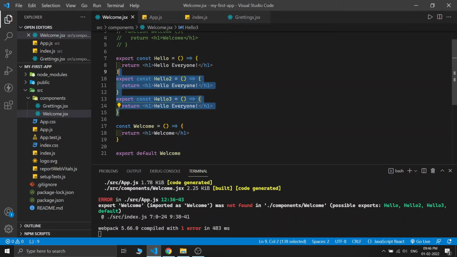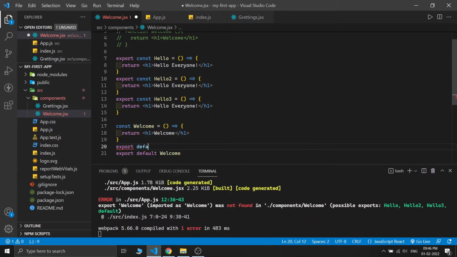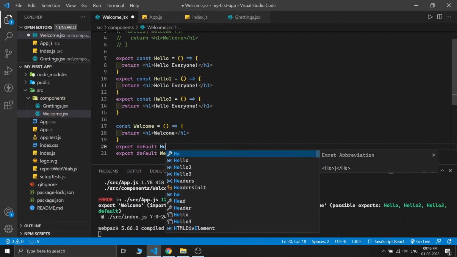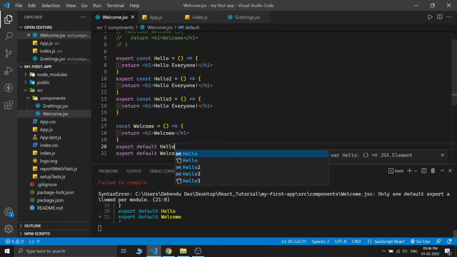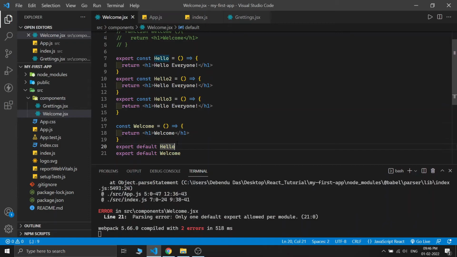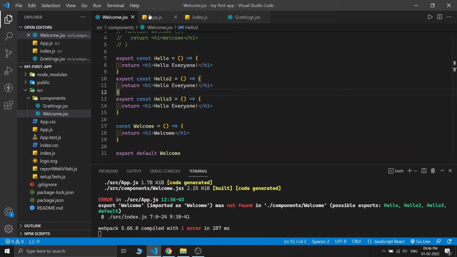And see, I can use named exports as many times as I want, but I can't use export default more than one time. And also if I write export default for another component, just like Hello, and save this, it will show an error too. So we can't export default more than one component, but we can export more than one component with the named, conventional way of export. So if I save this and go to App,